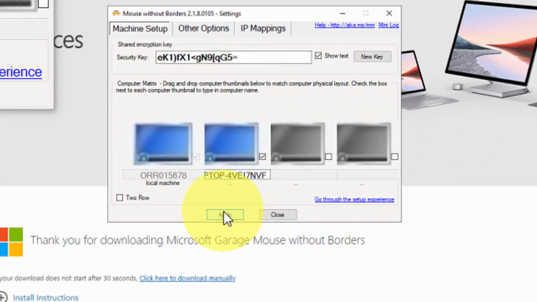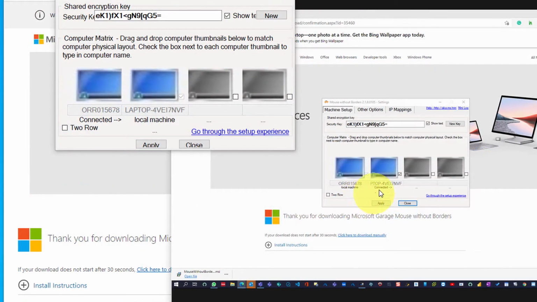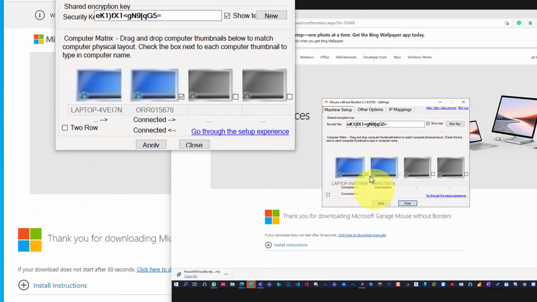Now I can drag and drop my files, and I can copy and paste from one laptop to another. I can perform the same features the way you do while working on two monitors. If your laptop's monitor is not in the right location, you can always use the feature to change the layout of your setting. You can add up to 4 laptops using this application.